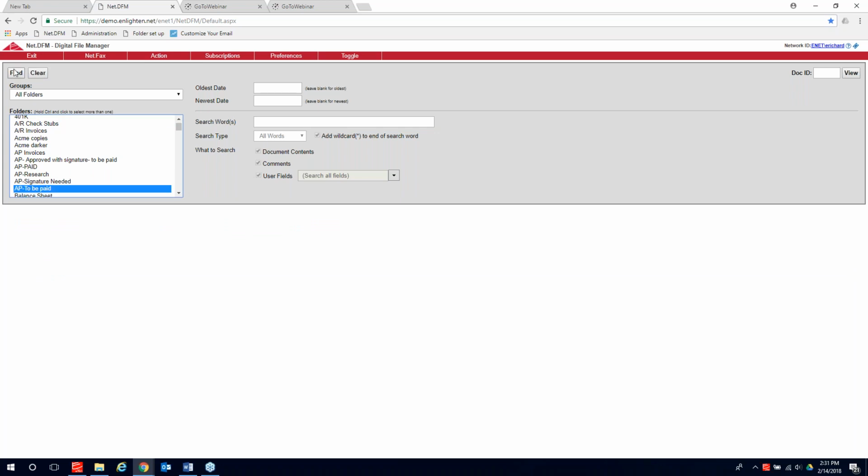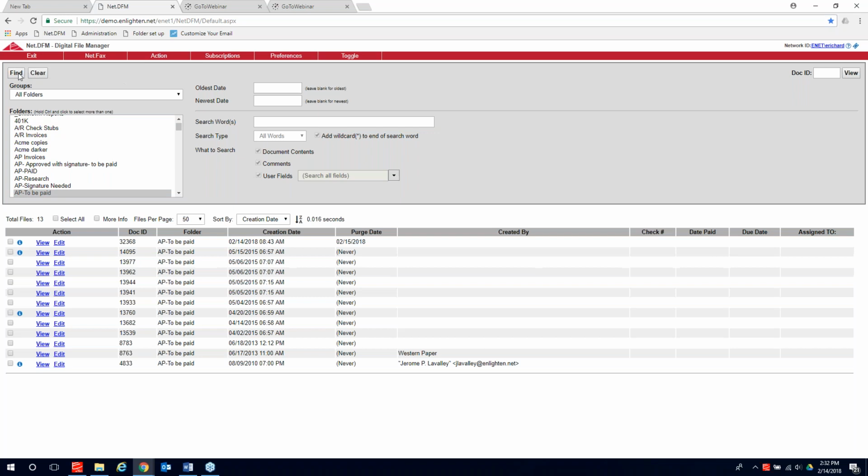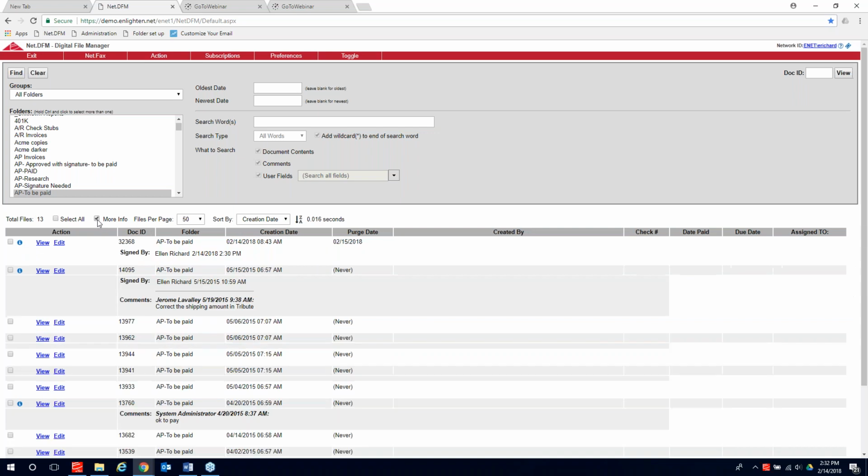AP to be paid folder, and I click find, here's the invoices that I have that are in this folder that need to be paid. I can see that there's some information here that's been added to these invoices. If I want to open that all up to look, I click more info, and I can see here's the document that I just signed